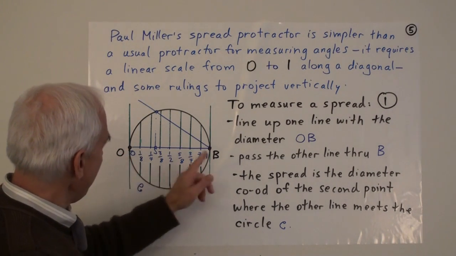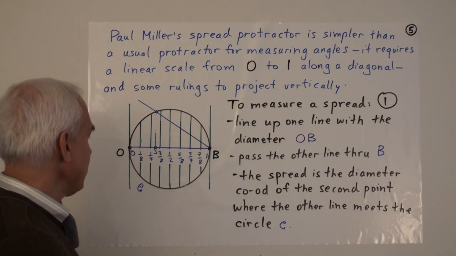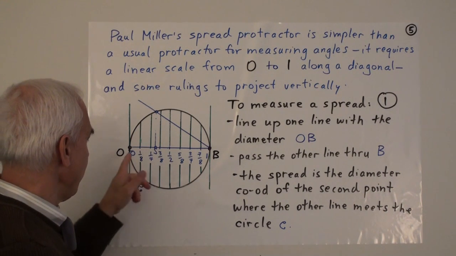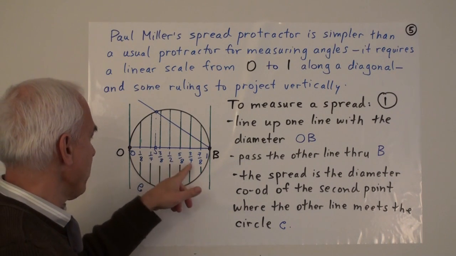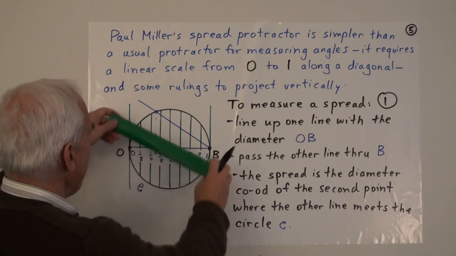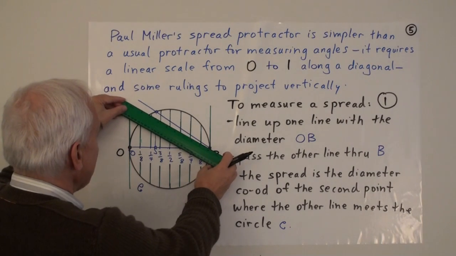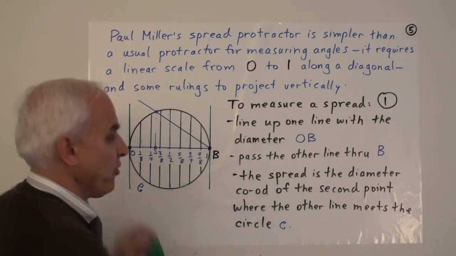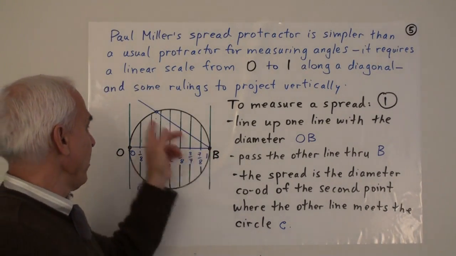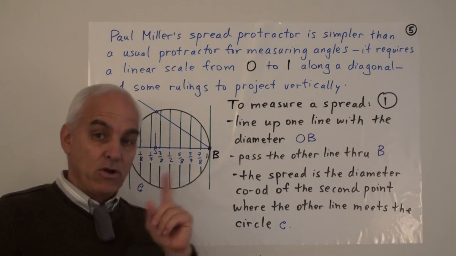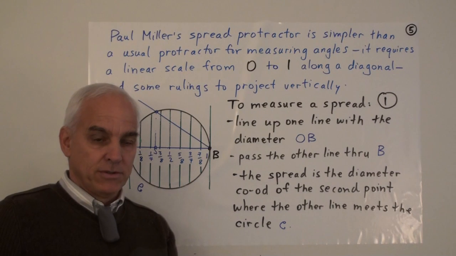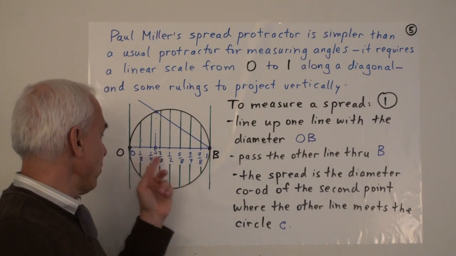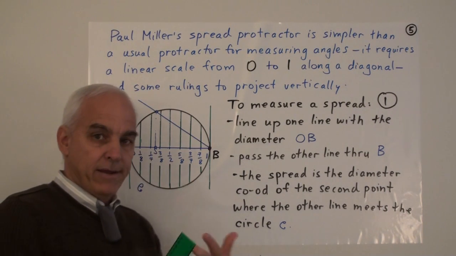Here I've subdivided the circle into eighths. It turns out to be actually somewhat interesting to have a scale where 1/2 is important, of course, but also 1/4 and 3/4, because they correspond to the usual angles of 30 degrees and 60 degrees. So 30 degrees is exactly the same as a spread of 1/4, and 60 degrees is exactly the same as a spread of 3/4. So those three numbers, 1/4, 1/2, and 3/4, play an important role.